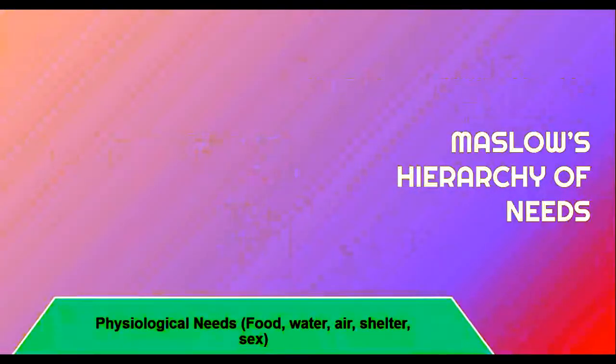Maslow maintained that physiological needs are the first and most basic level of human needs. These primary needs, which are required to sustain biological life, include food, water, air, shelter, clothing, and sex. These are all biogenic needs. According to Maslow, physiological needs are dominant when they are chronically unsatisfied. So, for a man who is extremely hungry, no other interest will exist but food. He dreams food, he remembers food, he thinks about food, he perceives only food, and he only wants food. So, these are the physiological needs.